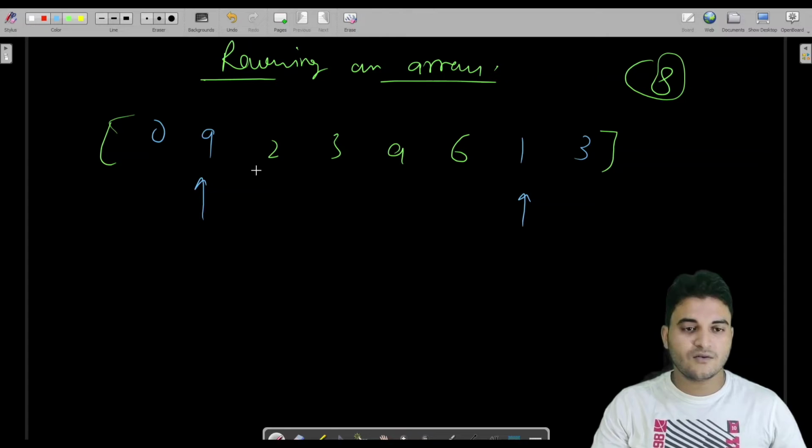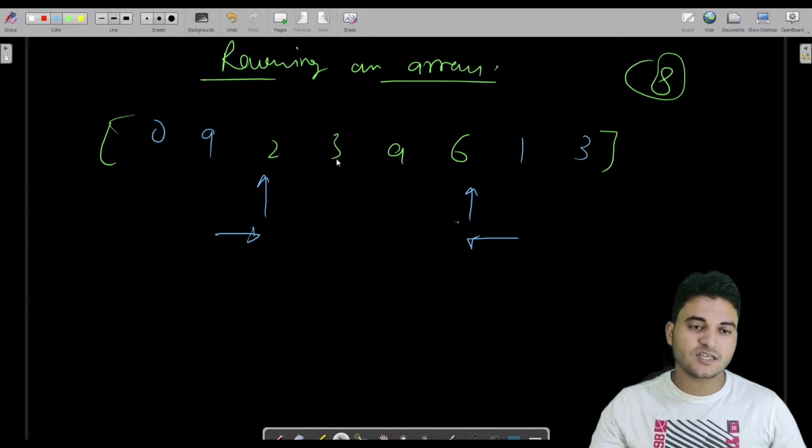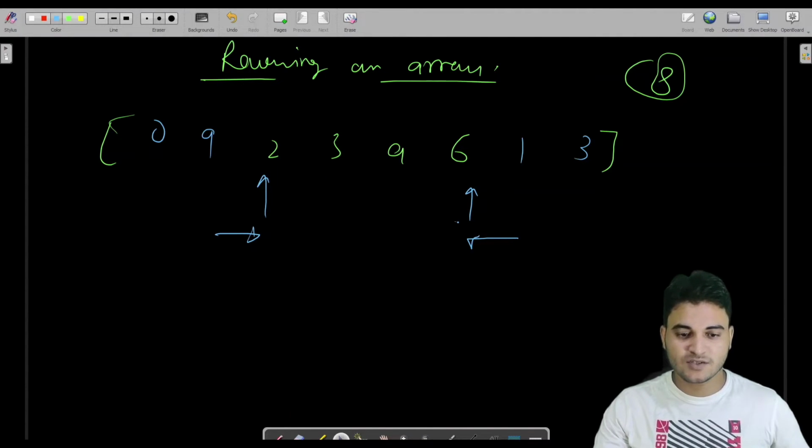Fine. Now we have to again increase the left pointer and decrease the right pointer. So we have to move this to here, and also move this to here. Again we would use the same approach. We would swap these values. So we would write 6 instead of 2 here.